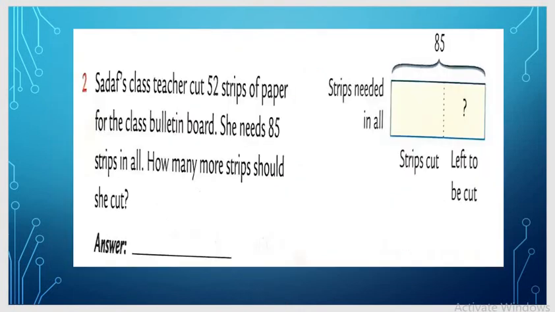I hope you all understood and are enjoying our maths lectures. Okay, so here is question number 2. Question number 2 is what, all students? Sadaf's class teachers cut 52 strips of paper. Strip of the paper means what? Small paper. Okay, I think you got the cheat as for a holiday, for the vacation, for the exam in